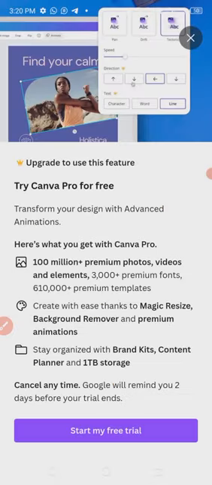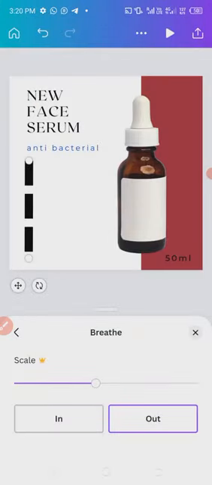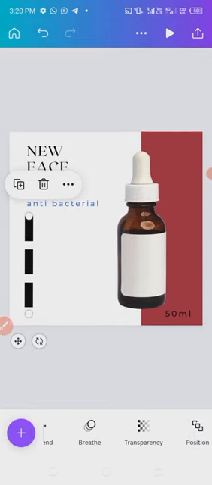okay, I think that option is only available for the Pro version. So there are some options that you can only use if you're using the Pro version. But with the free version, you'll be able to design the basic things that you need to the point that you feel that, okay, you need to upgrade to the Pro version. So